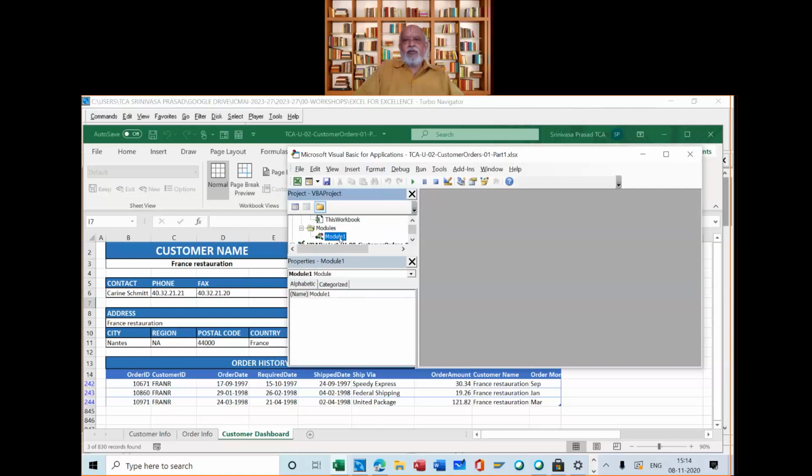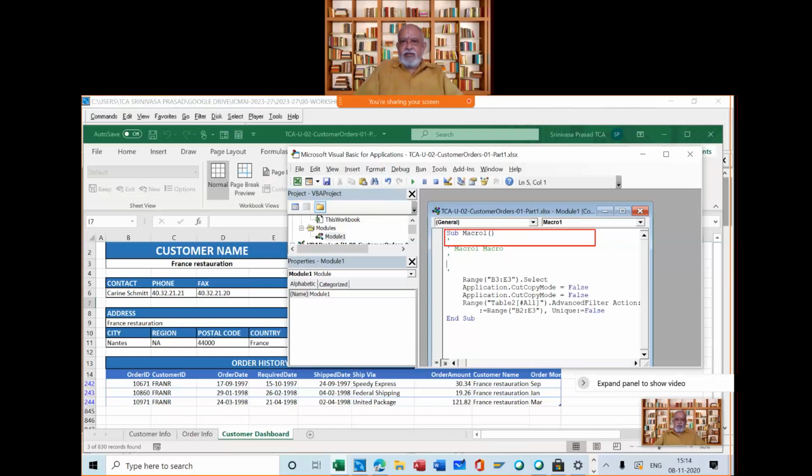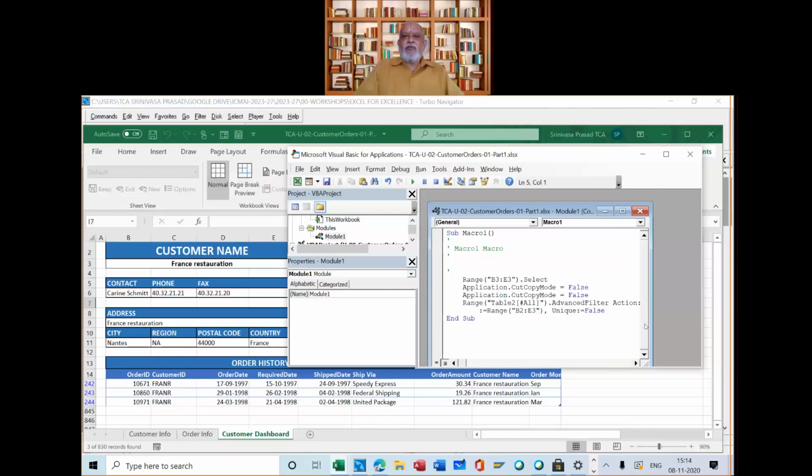Double click module 1, then you get a script. Whatever we are seeing here are called scripts. This is the VBA script, Visual Basic Script.